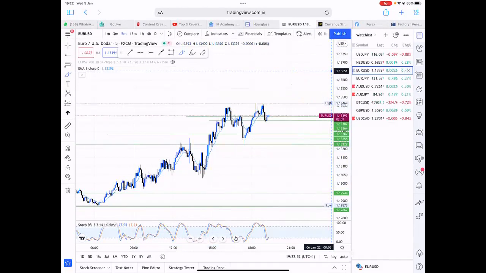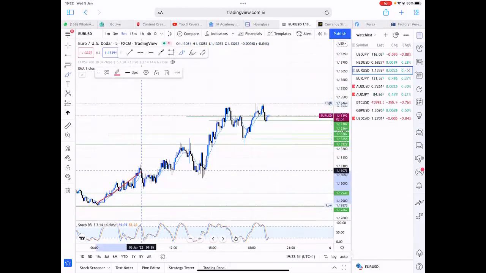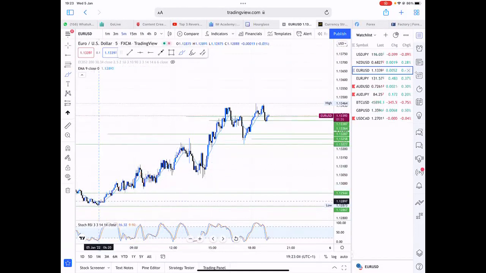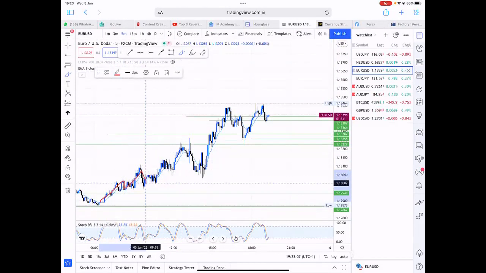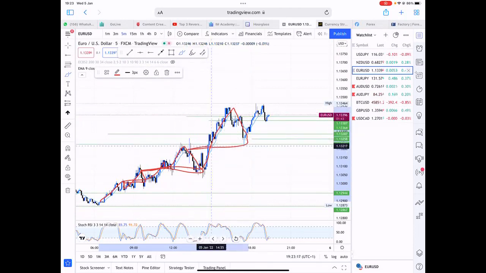That's what the market did. Let's do it like this. Came here, broke out, retested, bought, went, broke out, retested, bought, broke out, retested, broke out. It came back to retest again, then broke out, then came all the way back to retest it. Now it's going again.